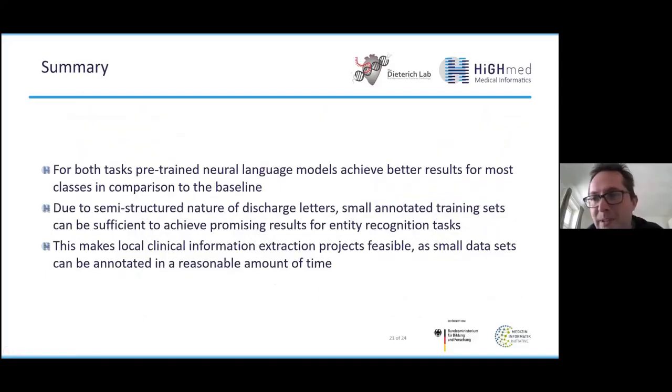So how can we sum up these outcomes? First of all, the less complex conditional random field, our baseline, achieves already promising results, though we use small data sets. Because it's statistical machine learning, it can be easier to interpret, and you can train it fast. Such a model on our data set, you can train in 20 seconds or something like that. So this is really fast. In comparison, such a BERT model is trained in like 1 or 1.5 hours with our IT infrastructure. Of course, this is depending on that.